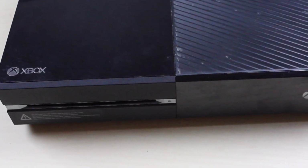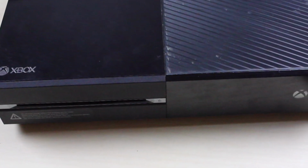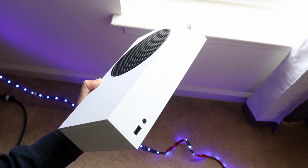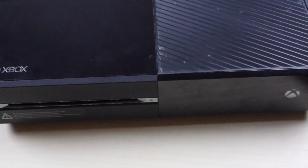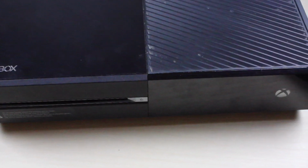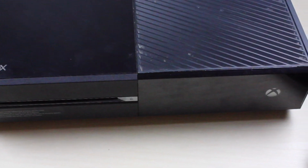Now, starting off with the outside, definitely completely different designs on both. The Xbox Series S is more of a rectangular shape and much smaller than the Xbox One. Now, on the outside of the original Xbox One, you can see that it looks just like the Xbox 360e in a lot of ways. It's a heavier console, it's a bigger console, and it's not necessarily a downside. It's not like it's a horrible thing about that console, but there is definitely some huge sides for this specific